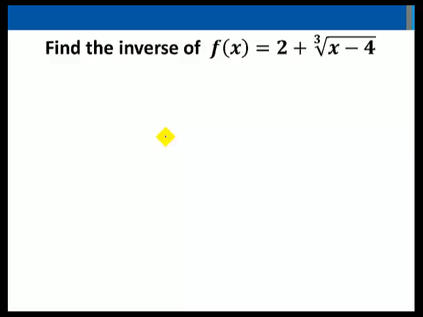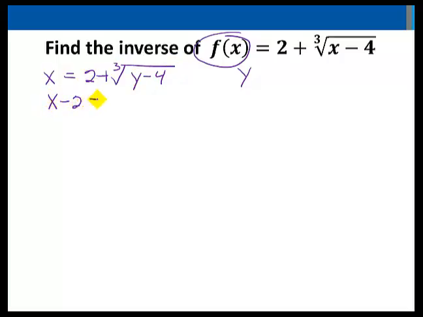Let's next find the inverse of f of x equals 2 plus the cube root of x minus 4. I'll start by renaming f of x, calling it y, and then I want to swap the x's and y's in my equation, which gives me x equals 2 plus the cube root of y minus 4. I want to solve for y here, so let's subtract 2 from each side. And then cube each side, which will result in x minus 2 cubed equals y minus 4. I'll add 4 to each side,